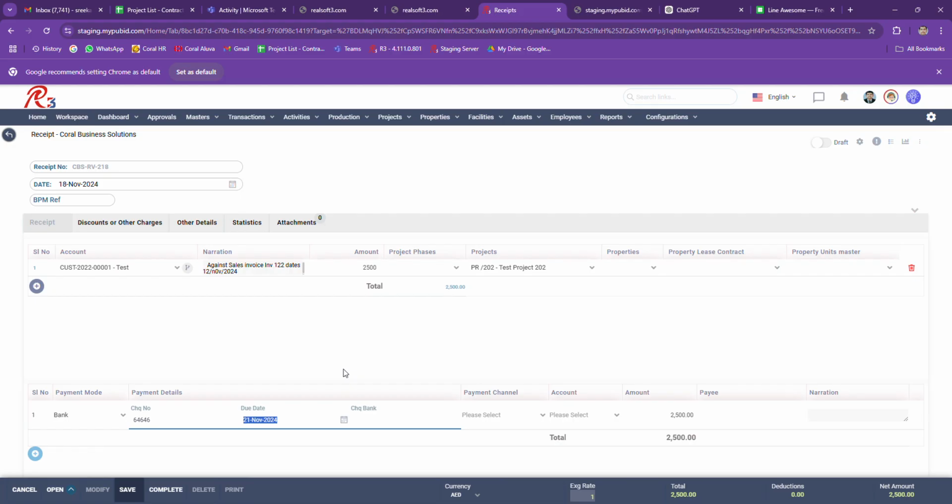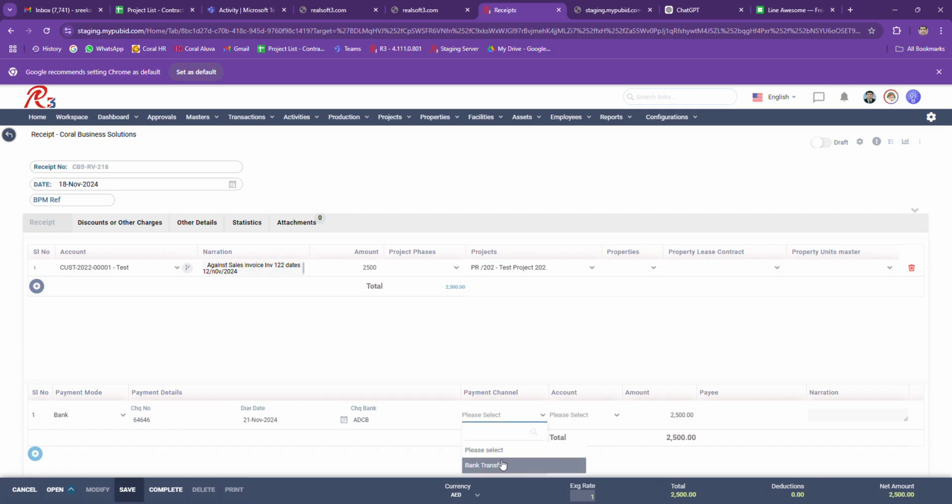So these checks are called post-dated checks, and you can specify the check bank. If you are getting a check from Federal Bank, you can specify Federal Bank. Maybe sometimes an abbreviation like ADCB for Abu Dhabi Commercial Bank, one of the UAE's biggest banks. So ADCB. And the payment channel,